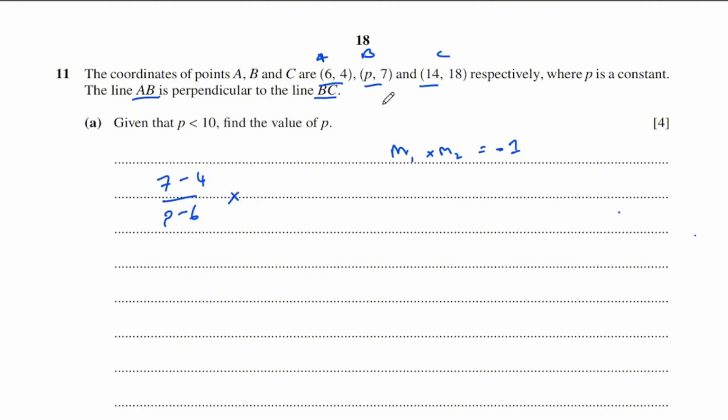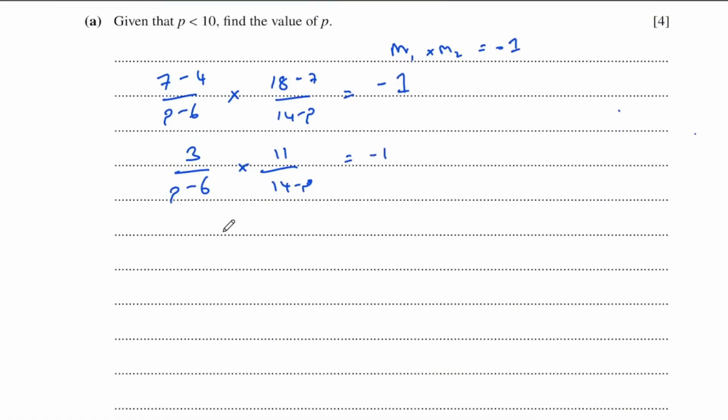And if you multiply that by the line BC, so 18 minus 7 over 14 minus P, that should equal to negative 1. And so this is just going to be 3 over P minus 6 times 11 over 14 minus P equals negative 1. And we put them together. This is going to become 33 over P minus 6 times 14 minus P,